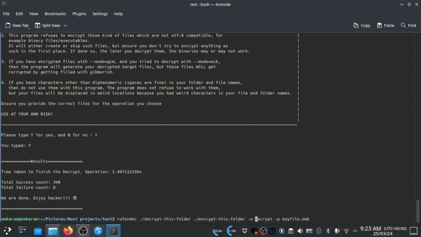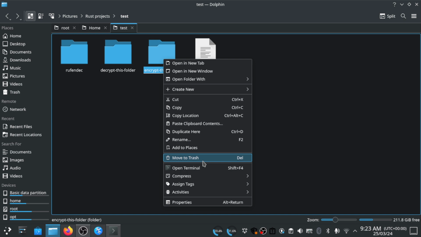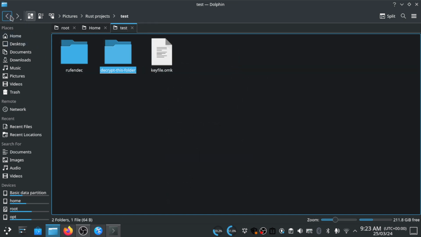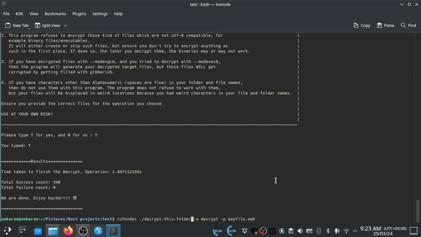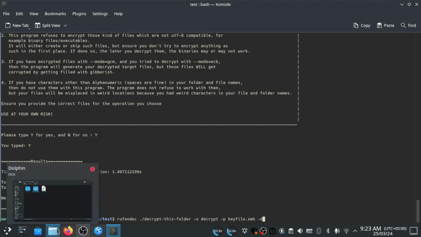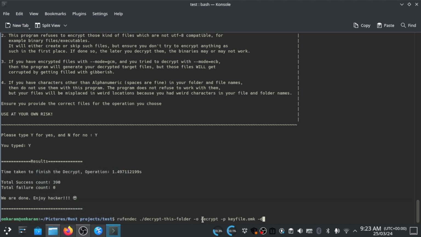All right, so imagine a scenario where you have your encrypted files in your decrypt this folder. So we still have it. Let me just delete this. So you have the files here, and I do not want to generate a separate folder or directory for my original files. All right, so to do that, all I need to do is not specify the target directory, and I'll also mention the -d option so that it will delete. What this basically does is, if I do not specify the target directory, those original files will be back